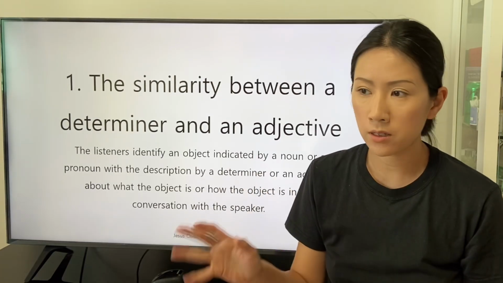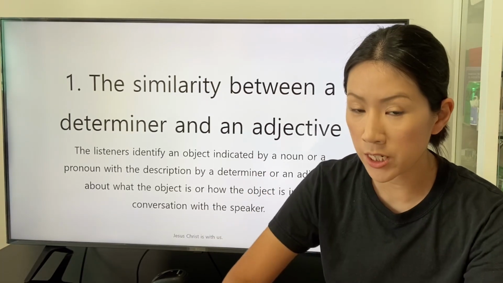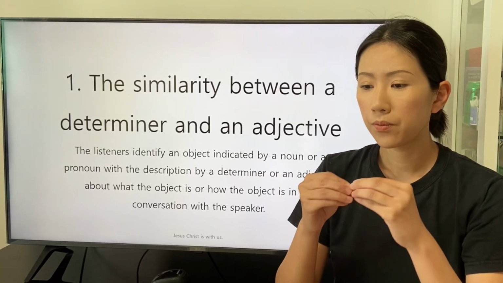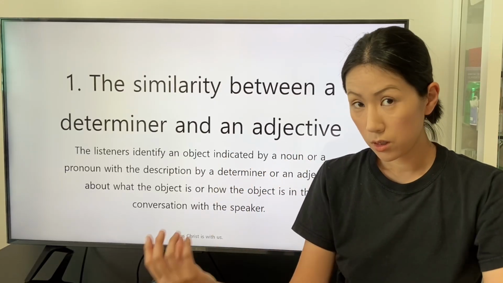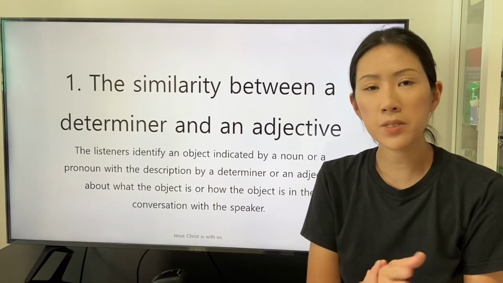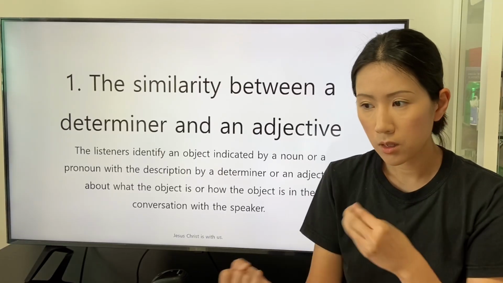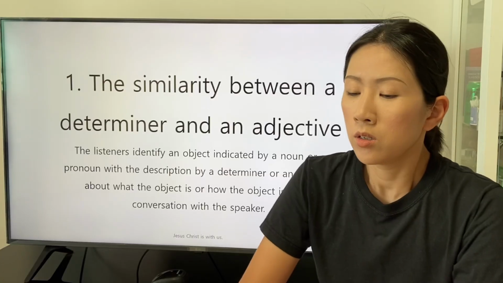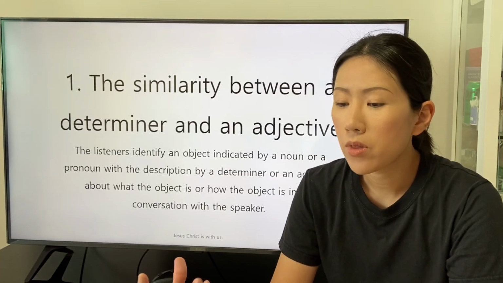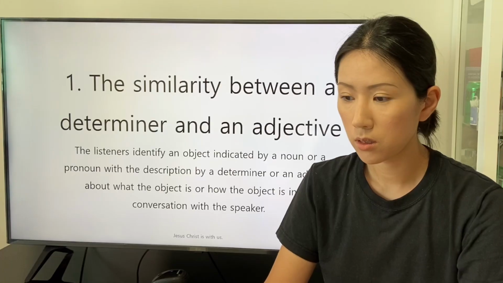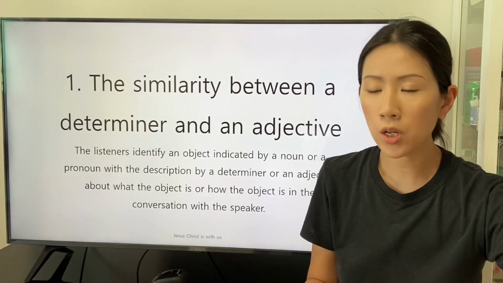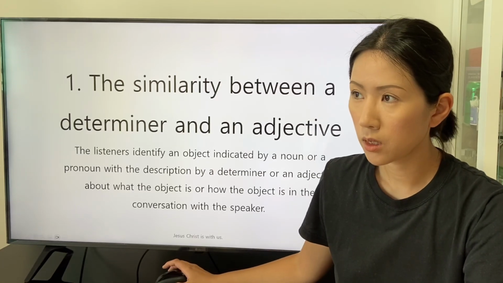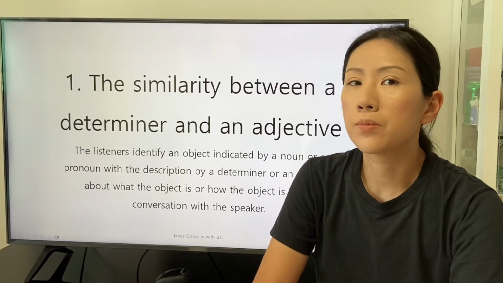We can understand that the determiner and adjective describe the subject or object to be identified by the speaker and the listeners who participate in the conversation at the present with a condition. For example,